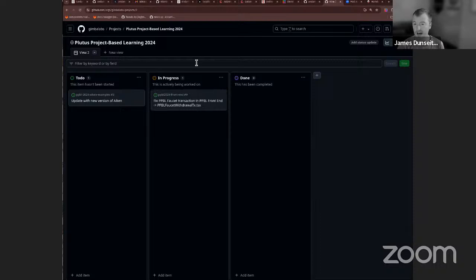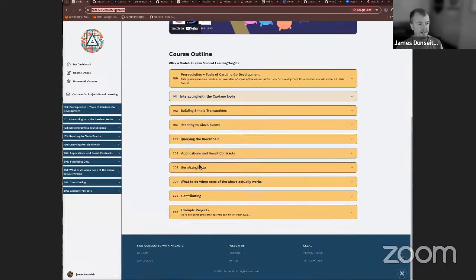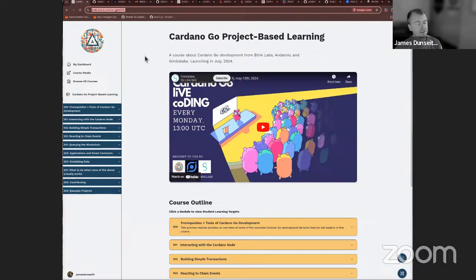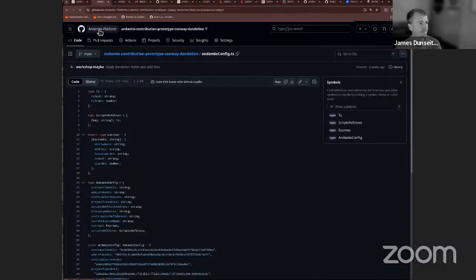But I just wanted to share one fun thing that's going to drive future course content, whether all of it fits in the Cardano Go course that's also being built. You can see that right here. It looks similar to PPBL, and it covers if you really want to go the Go route. This is something we can cover during these sessions if it's ever useful. But this course is going to continue to be developed. And one of the outputs of this work